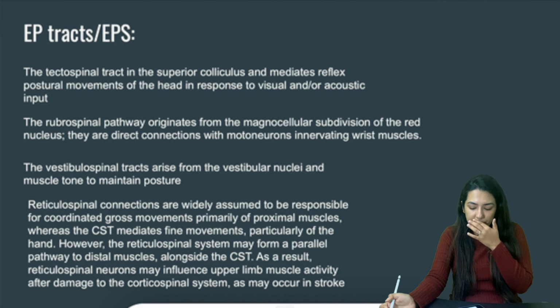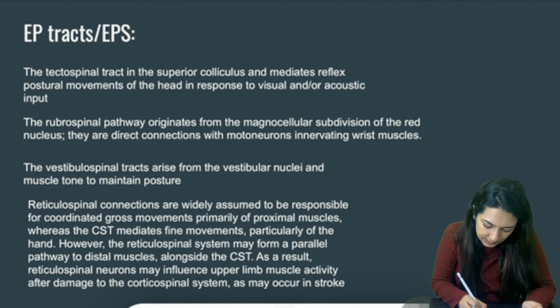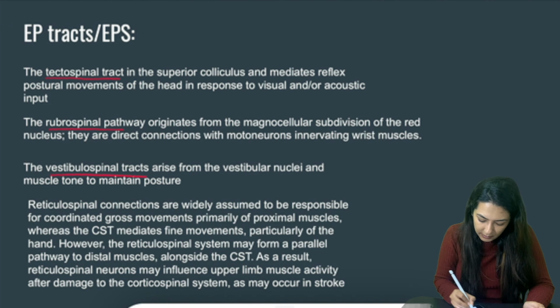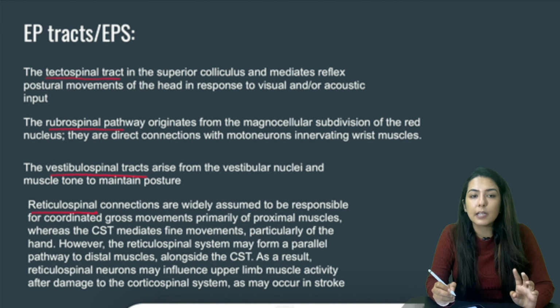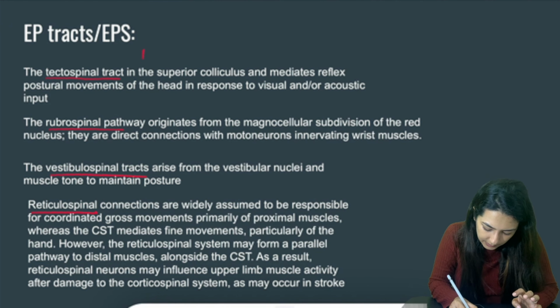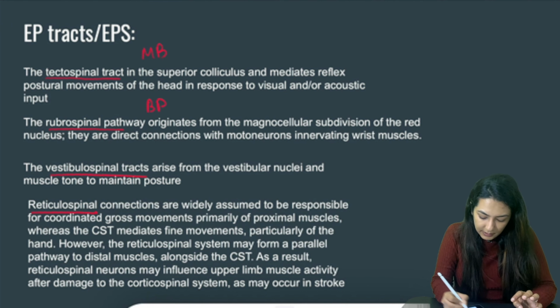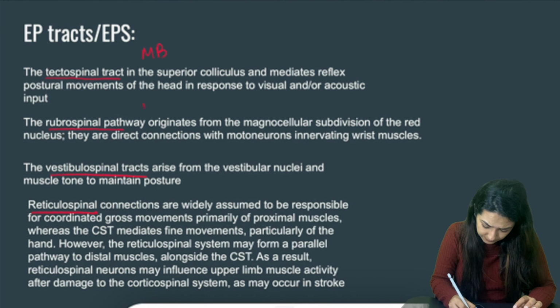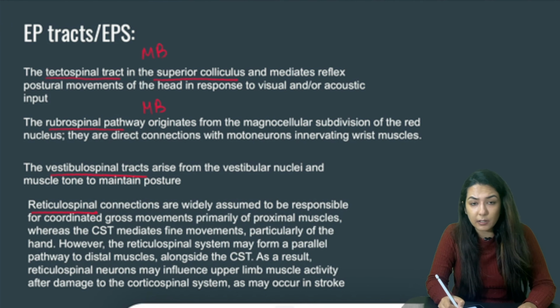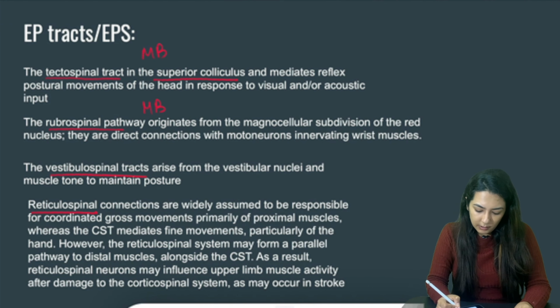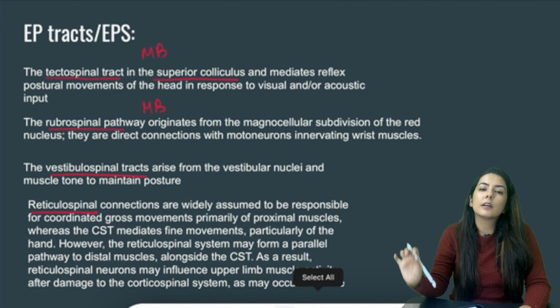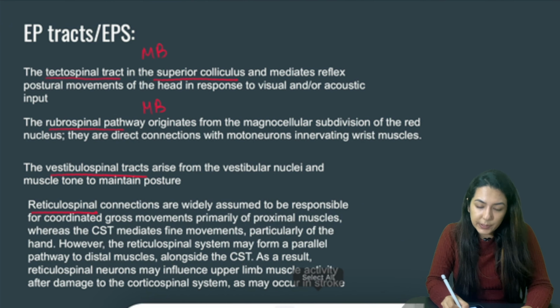Now, what are the extrapyramidal tracts? We'll discuss that. There's a tectospinal tract, a rubrospinal tract, a vestibulospinal tract and a reticulospinal tract. These four tracts are important. Tectospinal and rubrospinal start from the midbrain. Tectum is present in the midbrain, at the level of the superior colliculus. Again, I have discussed this superior colliculus in my cranial nerve anatomy videos. So at the level of superior colliculus, this